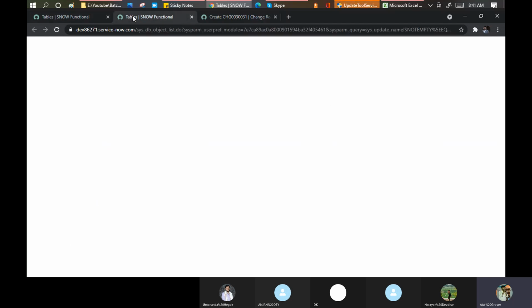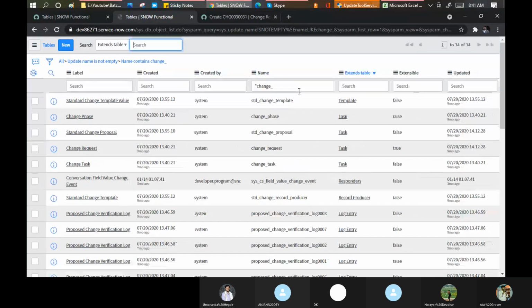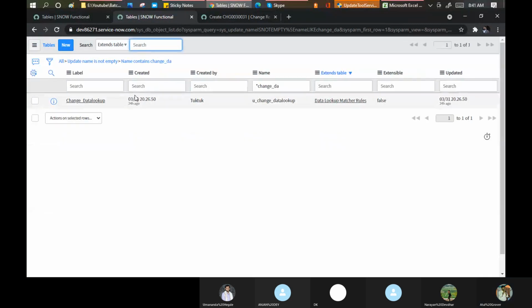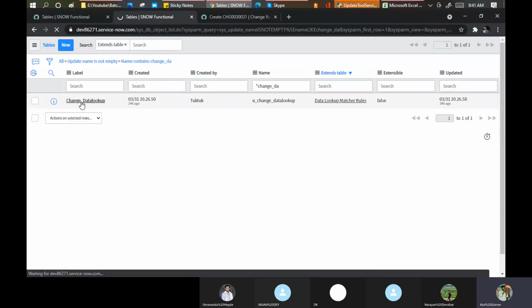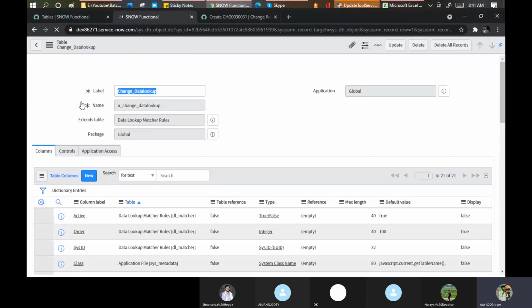The second mistake we made is here. Let me put the change data lookup. If I come here, I have two things which I can utilize.